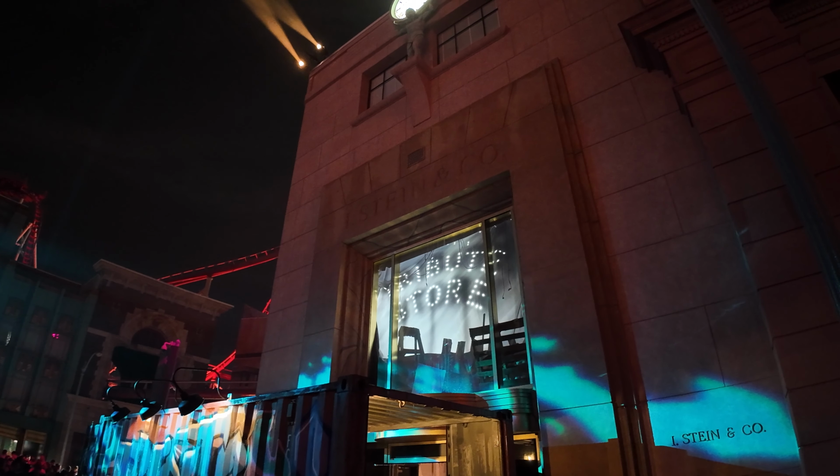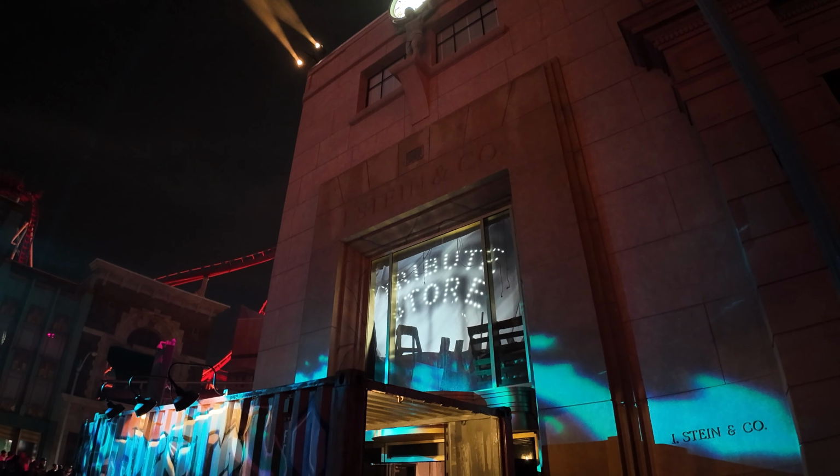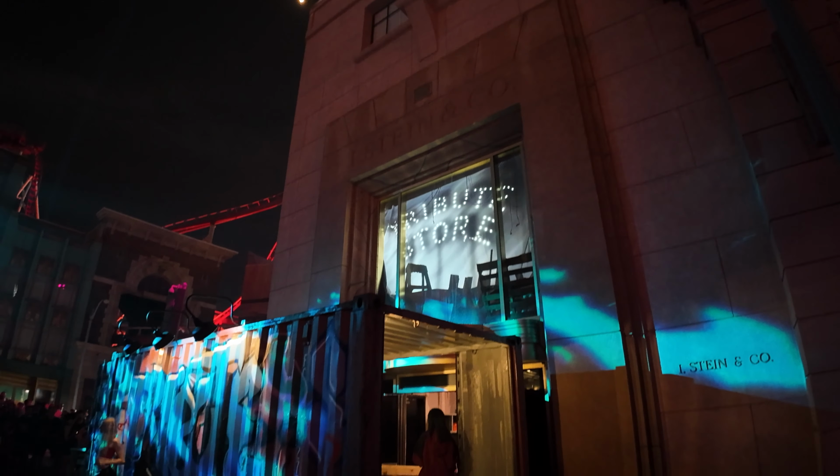We've got an interesting backstory for the tribute store this year. It's a little bit hard to come by though. The gift shop at the exit of the Mummy attraction is called the Sahara Traders, and inside you're going to find details about a shipment to a museum of some bat artifacts that have somehow gone awry, and it's now terrorizing the city,